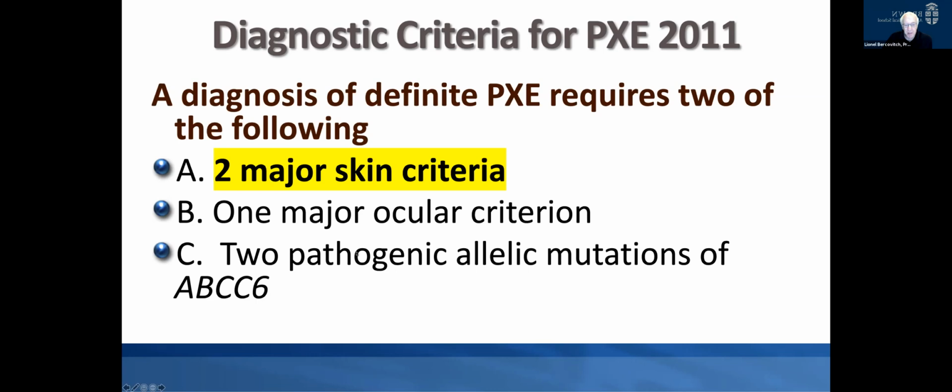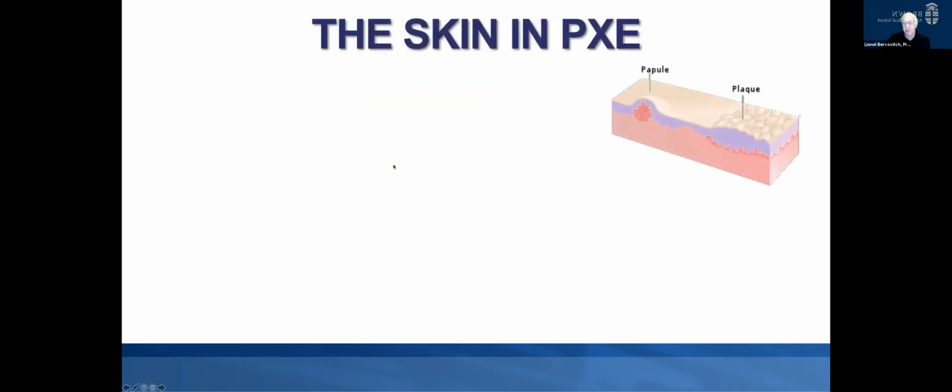So it's possible to have no skin criteria, but just have eye findings and a positive genetic test. It's possible to have minimal eye findings, although eventually everyone has some eye findings. Genetic testing is not required for the diagnosis. So I'm going to focus on the skin criteria. Dermatologists speak of primary lesions, and a primary lesion is a skin lesion that's undisturbed, so it hasn't been picked open, it hasn't been infected, it hasn't been scratched. It's just the actual lesion itself. And we speak of papules, which are generally